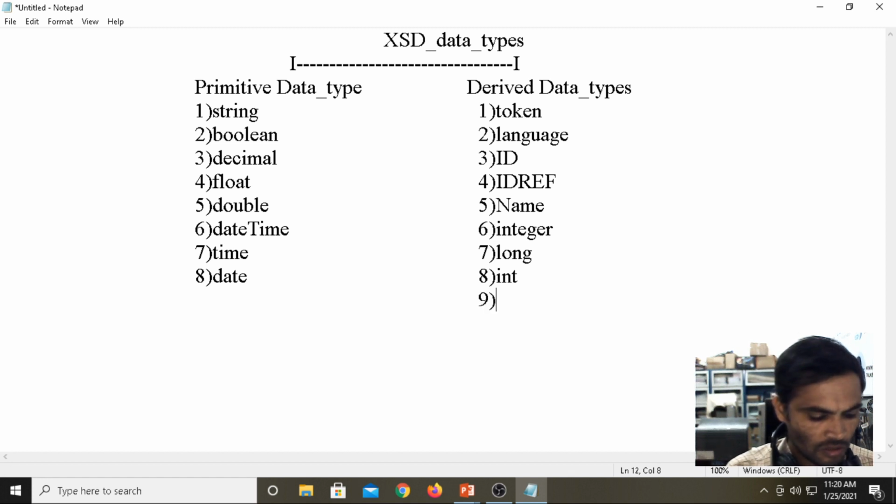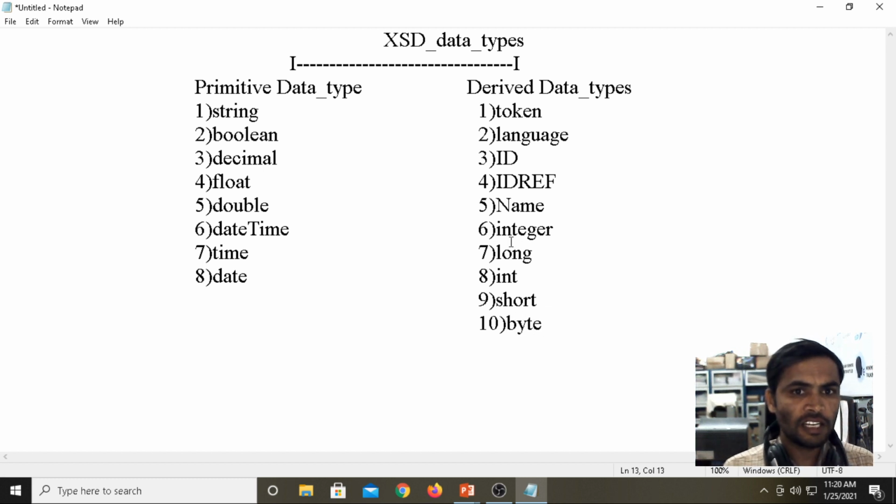Short, byte. These are the derived data types. So many data types will be there under your